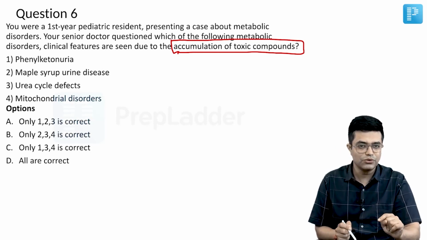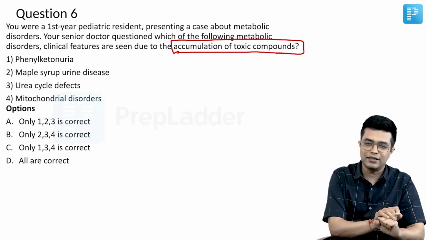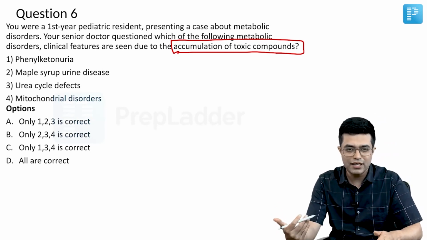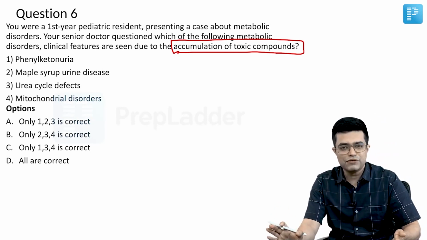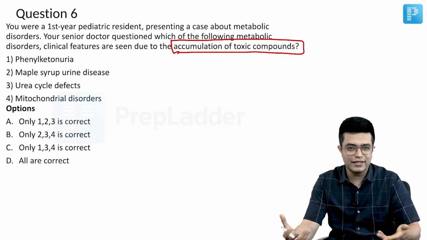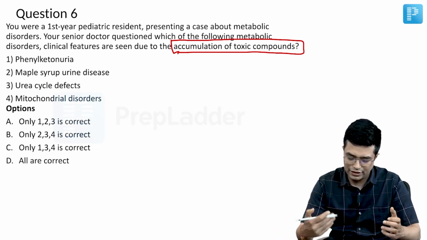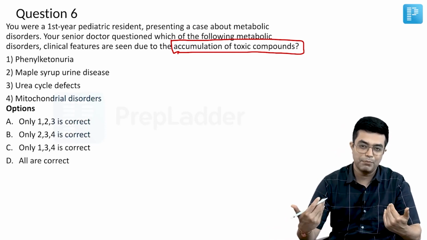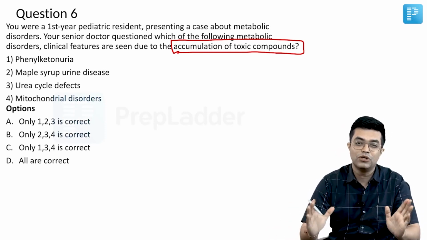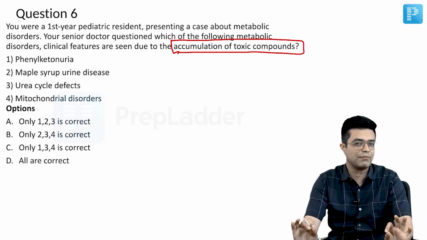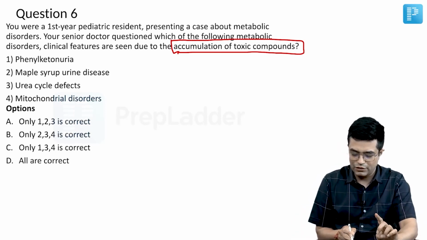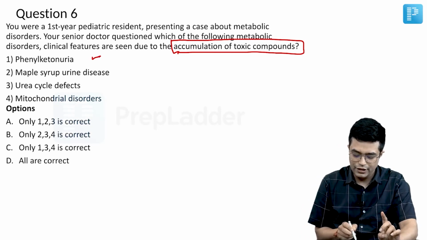Phenylketonuria, yes, it is due to accumulation of phenylalanine. The mental retardation is produced by increased phenylalanine. The musty odor, etc. All these things are due to derivatives of the phenylacetate, etc. So phenylketonuria clinical features will be due to toxic compounds. Mental retardation, CNS features will be due to accumulation of phenylalanine. So increased phenylalanine will produce MR, and so phenylketonuria will be one such option.